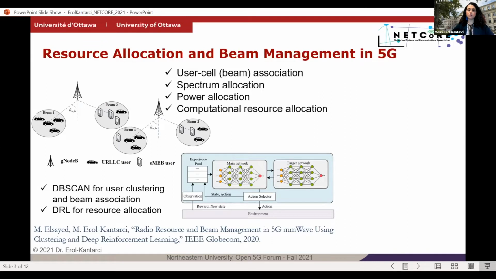In this slide, I'm showing one of the works that we did as an example, where we focused on two types of resource allocation. Number one is user beam association, and number two is physical resource block allocation once the users are allocated or get attached to their respective beams. So in this work, published in 2020 in GlobeCom, we use two different types of machine